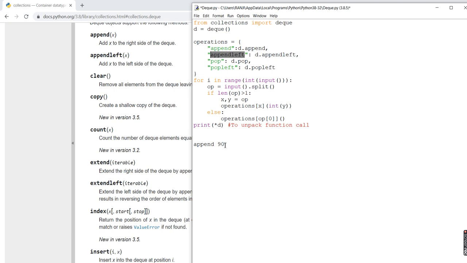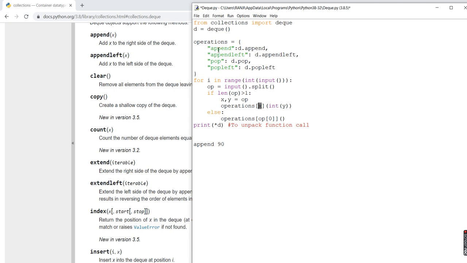For appending, we need to pass the element that we want to put into this. So we come down here, where we want two parameters, the name of the operation that corresponds to x and the value that we want to input. To OP we are passing these two values, and then if this is the case, it will be calling the operations of x.